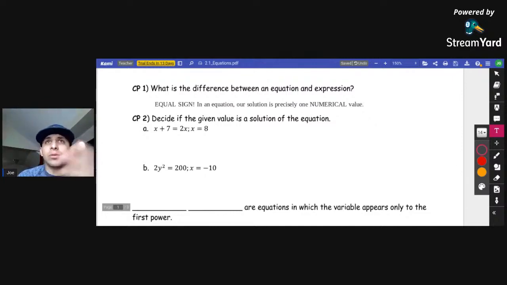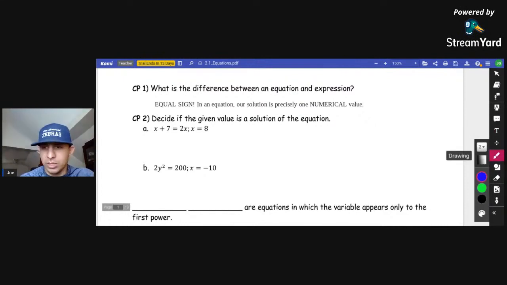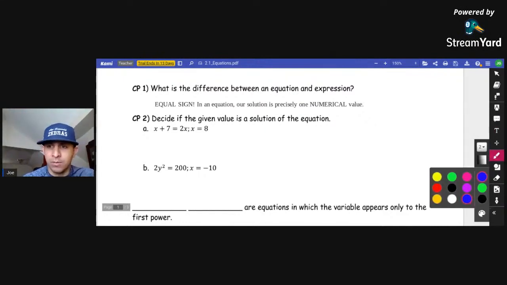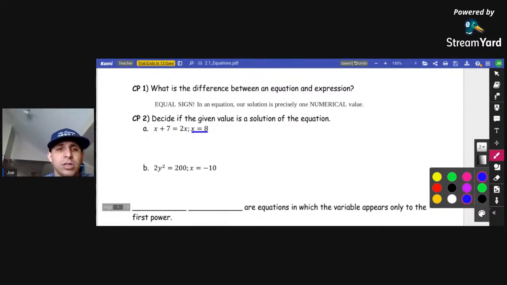So notice, 2x, we have a variable, plus we have an operation, and 4, we have a number. So it's a statement. And listen, it might be 2, it might be 0, because that in itself is also a statement. But if we wanted to determine, as we get to checkpoint 2, whether or not these values are solutions, x equals 8, all we simply need to do is substitute this value of 8 into